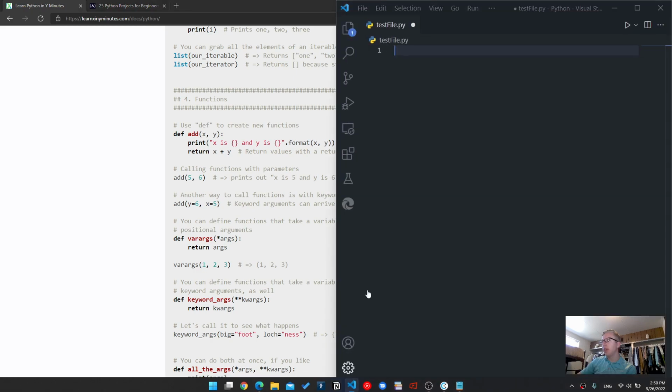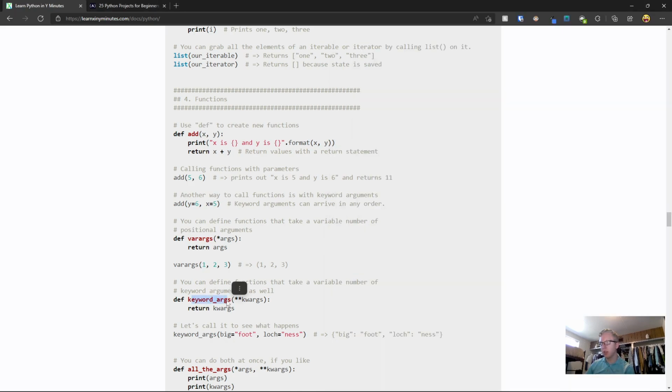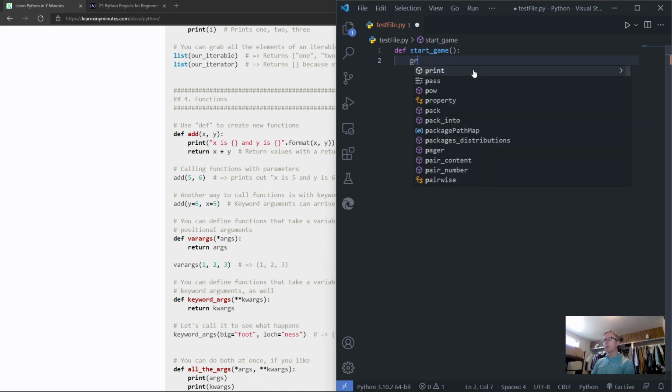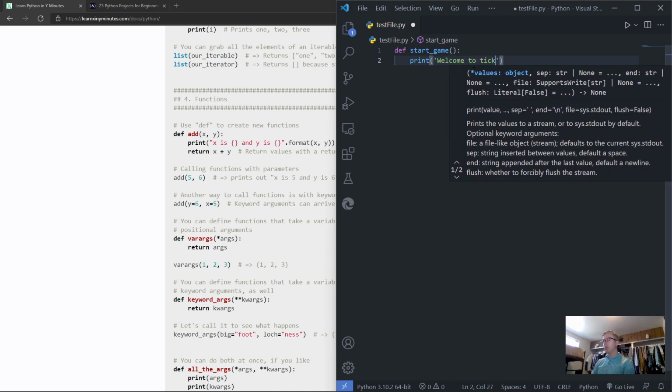So let's do, we need a function to start the game, I guess. So let's say def start_game, because I think that was the syntax, they do the underscore. So we say def start_game colon. Oh, cool. It automatically indents. So when we start the game, we want to print, welcome to tic